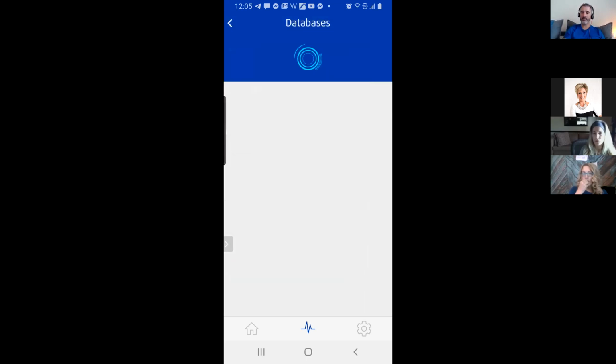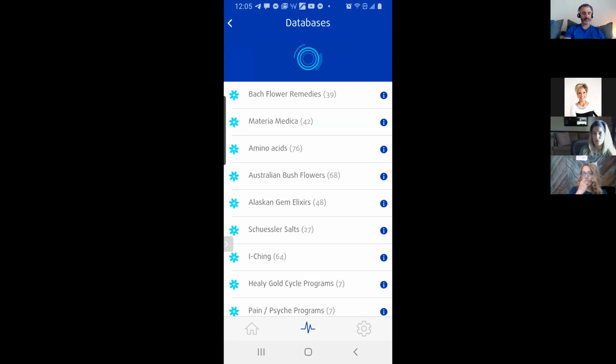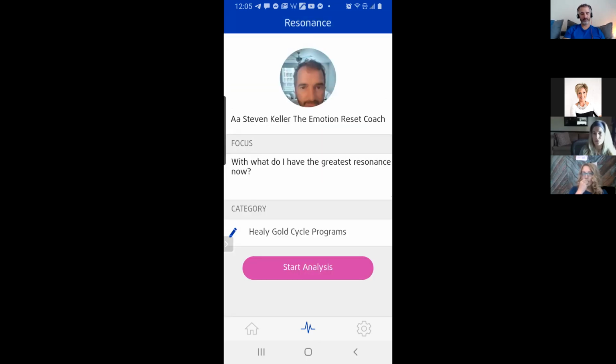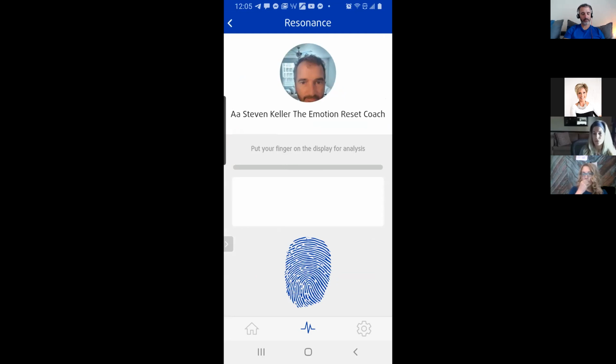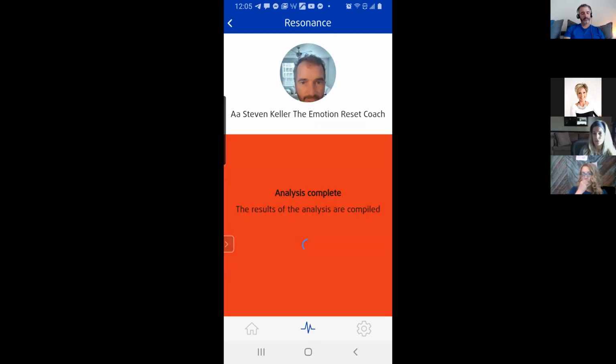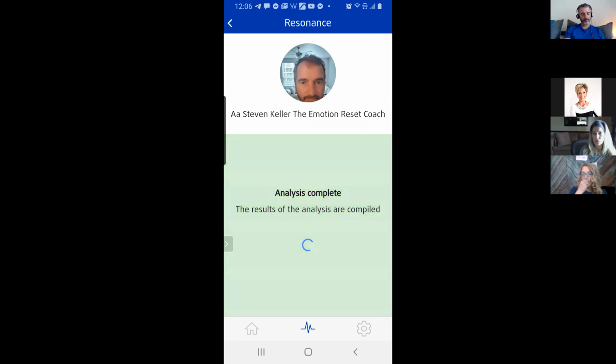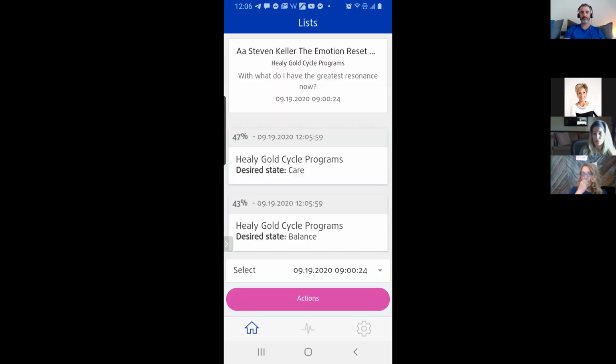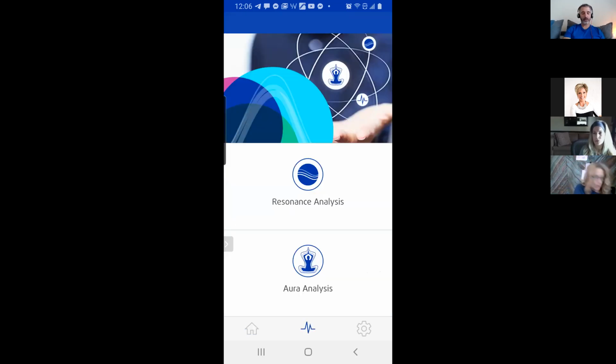Now you know why I keep my name at the very top, because it makes me incrementally slightly more efficient, right? So I go back to the gold programs and I go, okay. Boom. And it's going to tell me of all the gold programs, the one I need most right now is care. Right now, the fact that this only came up as 47% kind of gives you an indication of like, you know what, I'm doing pretty good right now. Okay. I can choose to run that specific gold program or do vibrational programs.